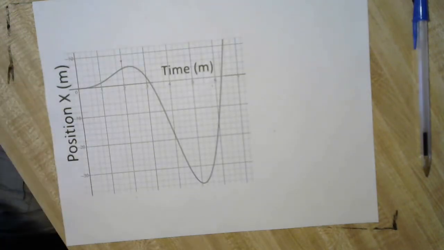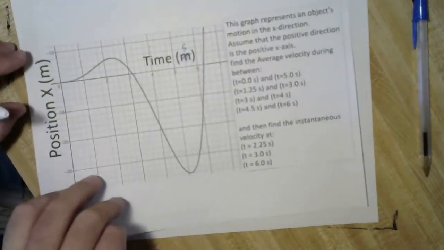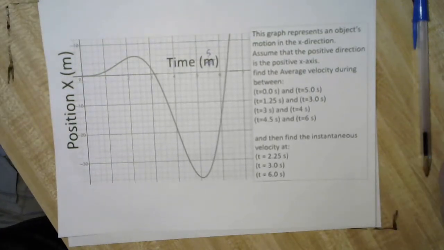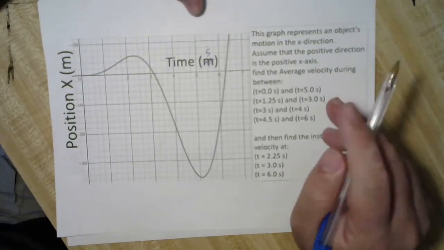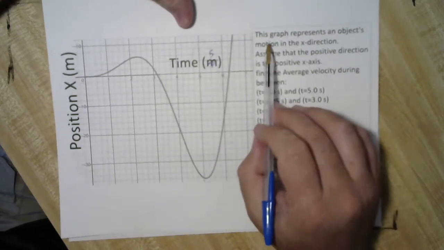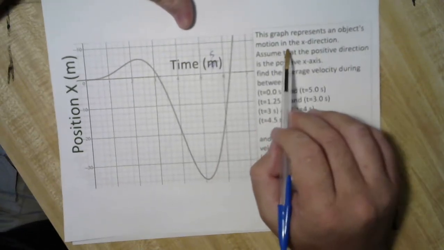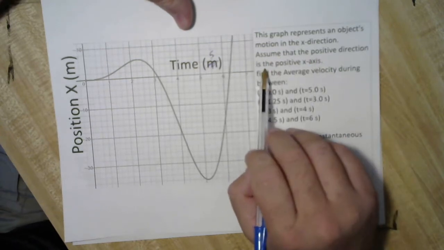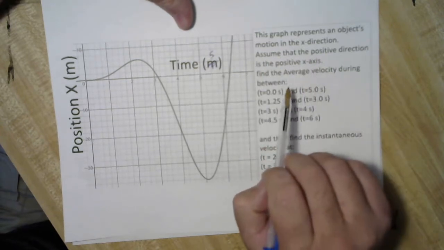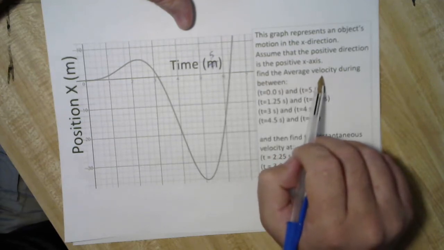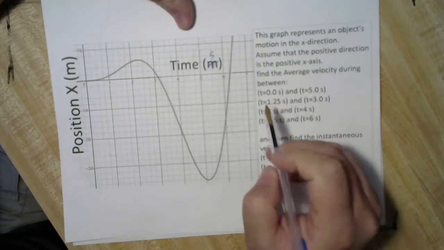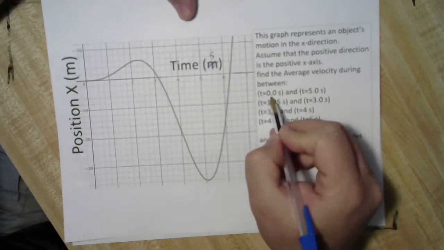Okay, for this sheet we can start. This graph represents an object's motion in the x direction. Assume that the positive direction is the positive x-axis. Find the average velocity between t equals 0